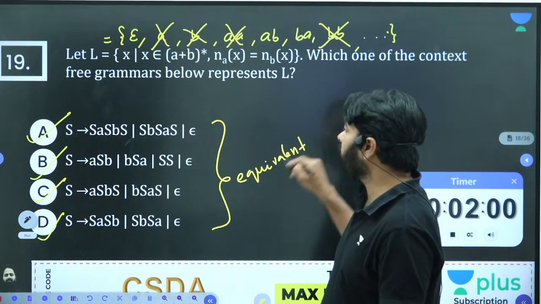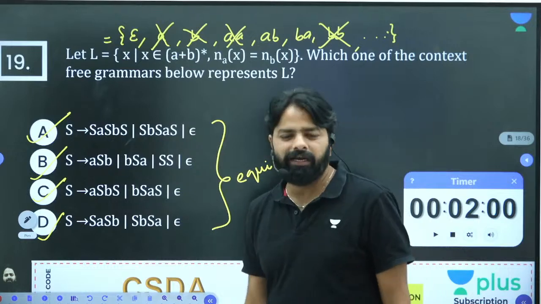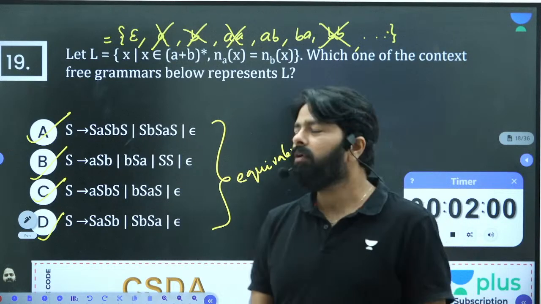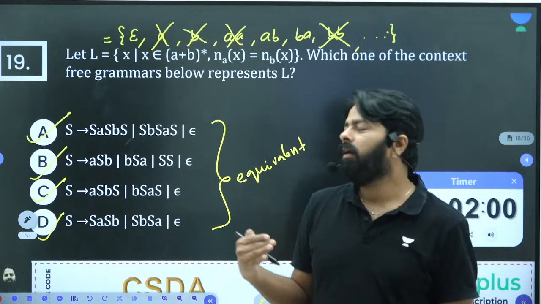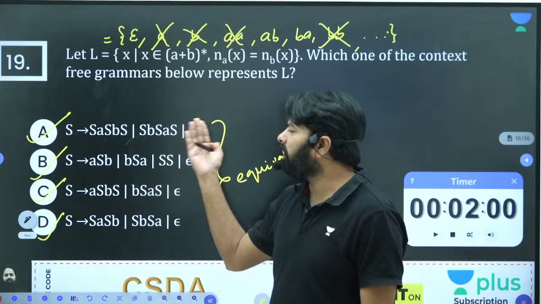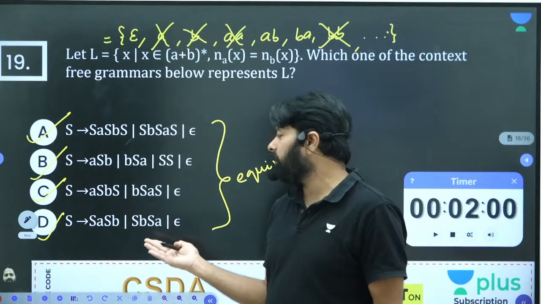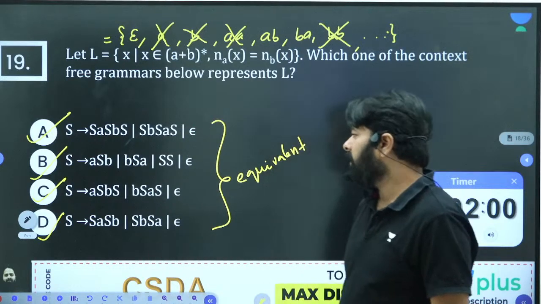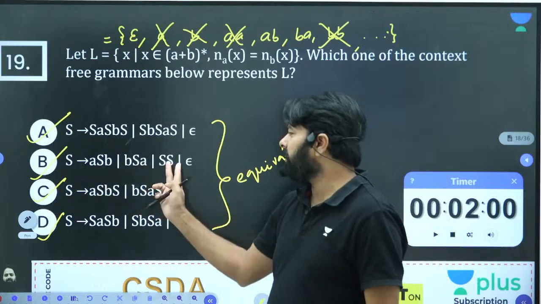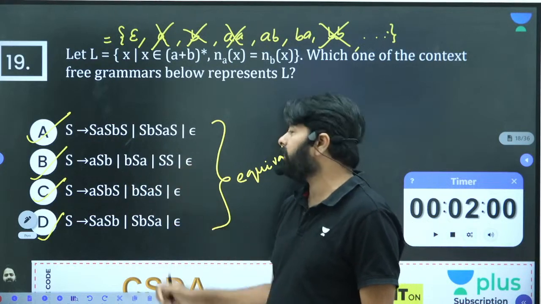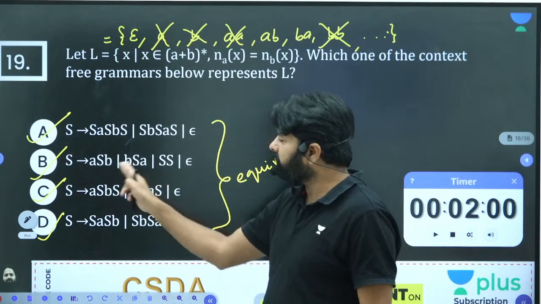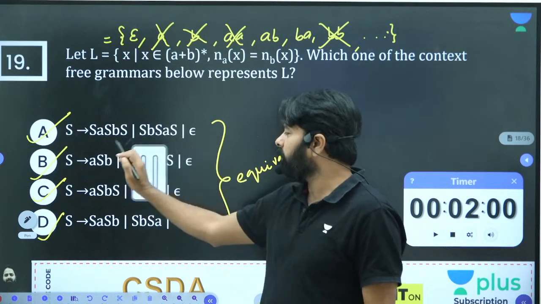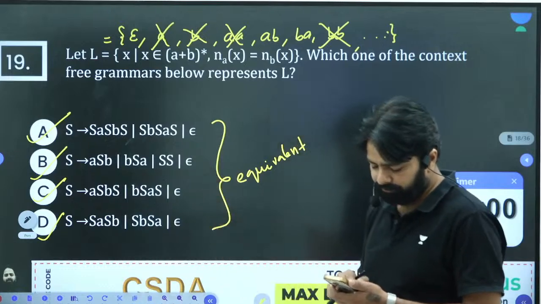So when do you learn all these things? When you are writing a context-free grammar the first time, you should know how many ways you can represent the number of A's equal to the number of B's. These are all standard ways to represent equal numbers of A's and B's. And this is also very interesting because you have SS, anyhow it's an ambiguous grammar, SS, and with this you can put any one of these two to generate what you want. Even epsilon is also there.